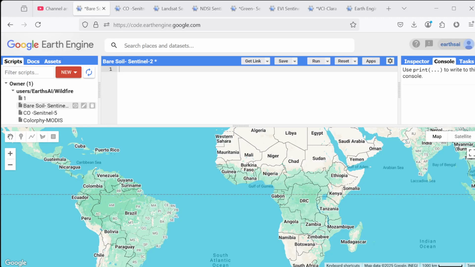Hi, today we want to learn how we can use the Bare Soil Index with Sentinel-2 satellite in Google Earth Engine. Bare soil detection is a crucial aspect of remote sensing for land use, agriculture, and desertification and land degradation studies. One widely accepted spectral index for this purpose is the Bare Soil Index, or BSI, based on red, infrared